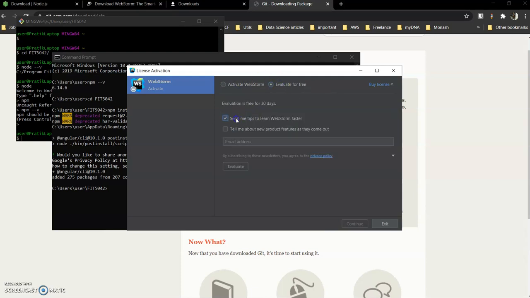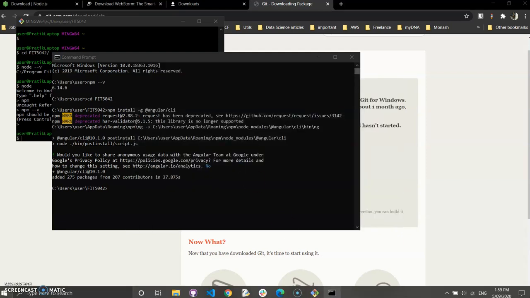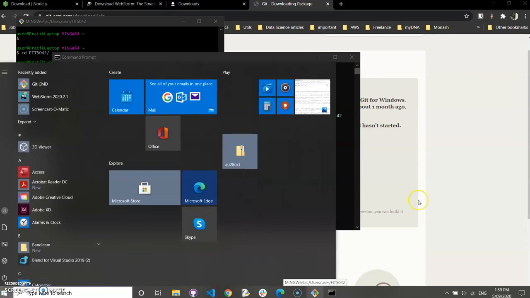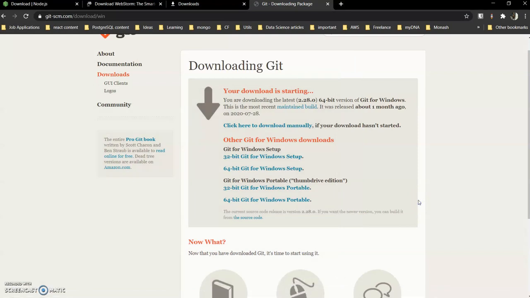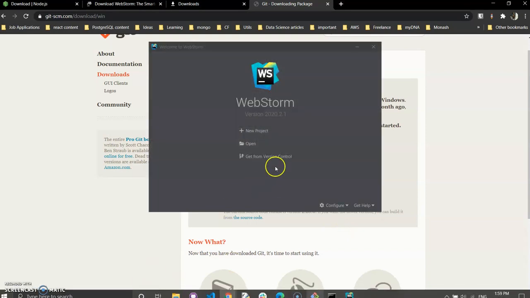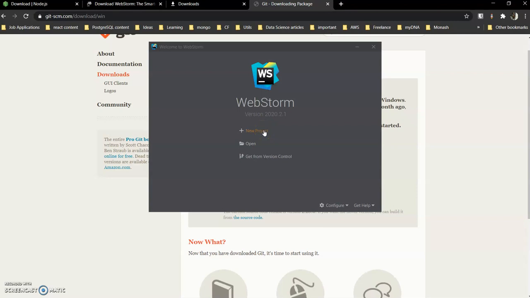Right now I will just use the trial version. So we create a new folder and a new project.